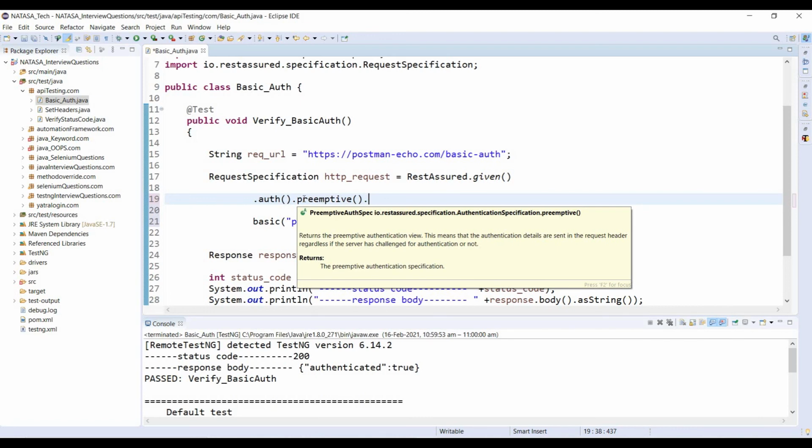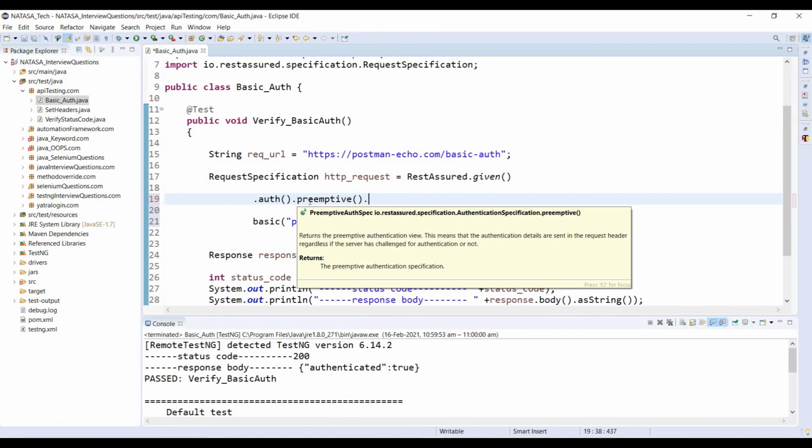Once you move the cursor onto this preemptive method, you can see it returns the preemptive authentication view. This means that authentication details are sent in the request header regardless of whether the server has challenged for authentication or not. This is why we are using it.